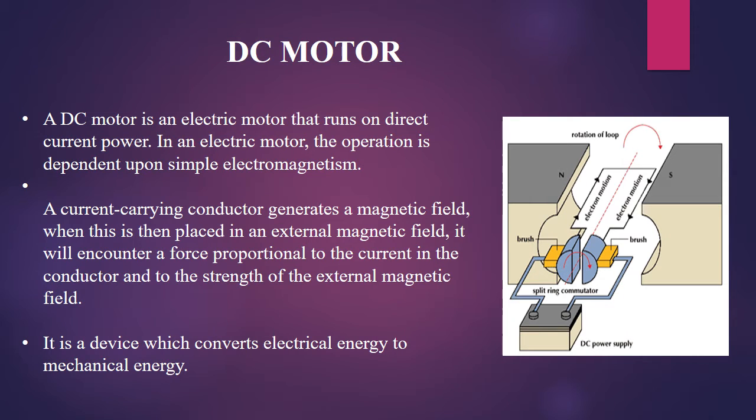DC motor. The DC motor converts electrical energy into mechanical energy. The input to the DC motor is electrical and the output is mechanical rotation or torque. The fundamental principle and the construction of DC motors are identical with DC generators which have the same type of excitation. So the principle of DC motor operation is that whenever a current carrying conductor is placed in a magnetic field, it experiences a force tending to move it.